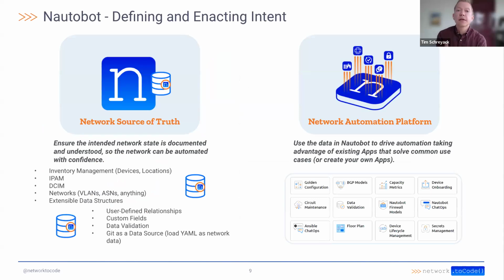So as we look at a way that we make this practical, this is something that Network to Code has done to bring to the community and to the industry, this idea of really instantiating a network source of truth. And that is, in practice, implemented via Nautobot, which is an open source project sponsored by Network to Code. At its core, it is a source of truth. It's a place where we can document and express what an environment should look like,